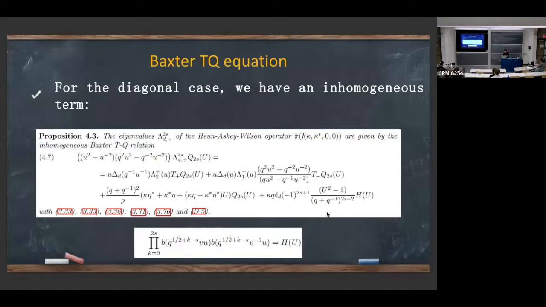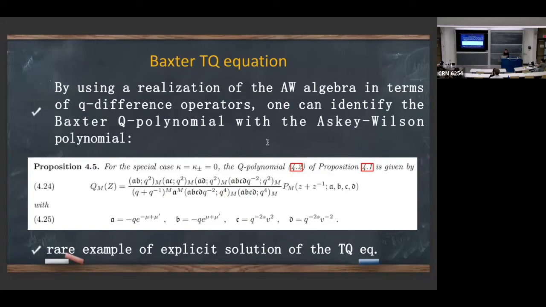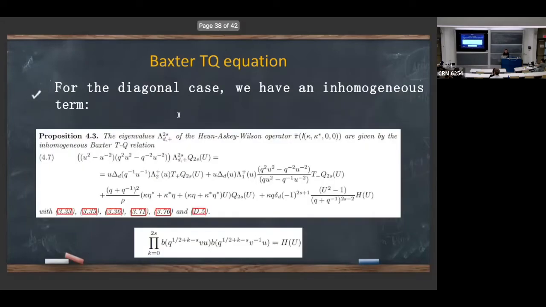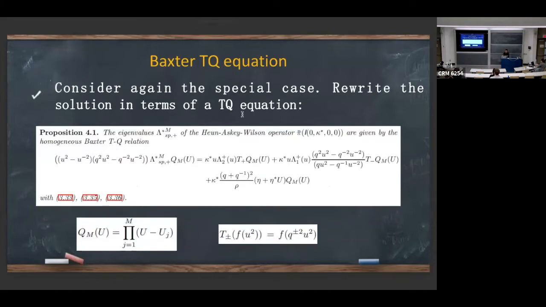Okay, and again, what is nice about this case is that when you solve the Bethe equation, you just solve for this fixed number of B operators M, and you get all the spectrum, but you don't know how to divide in sectors, and so this is a difficulty that we have to deal with in these cases. And one nice thing that comes out of this solution is that for the special case, at least,